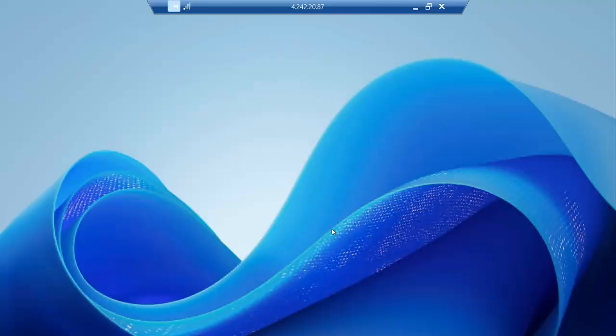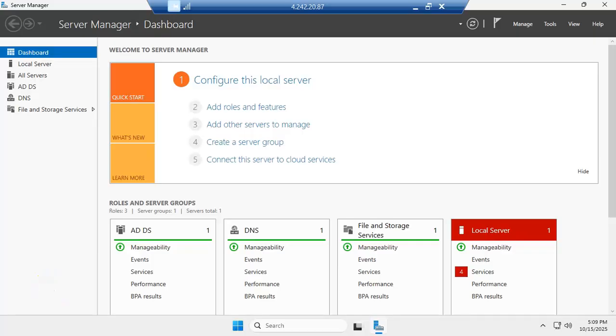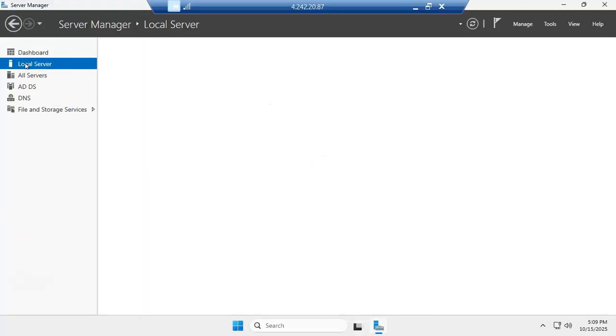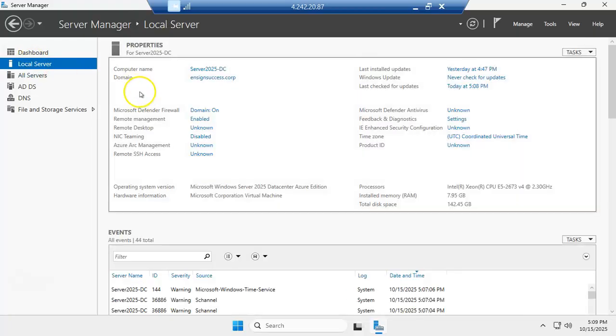That should have been all user. It's an administrator account, not auto user. Okay, network. All right, so I want to show that this is, let's look at the local server tab, and then we